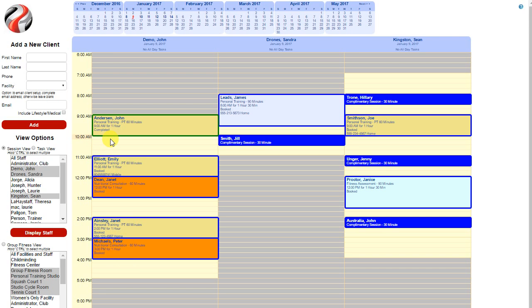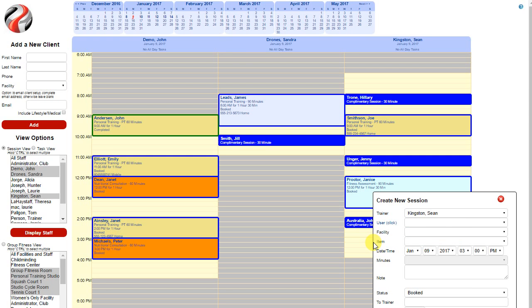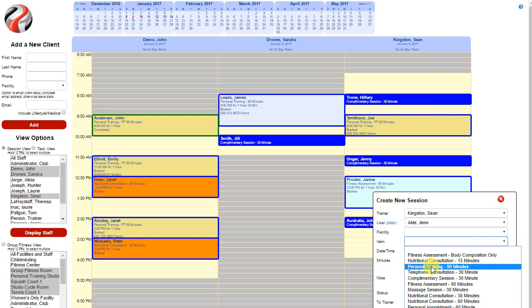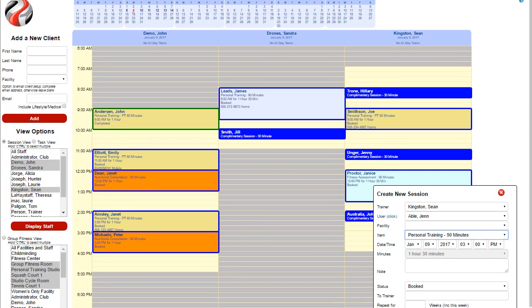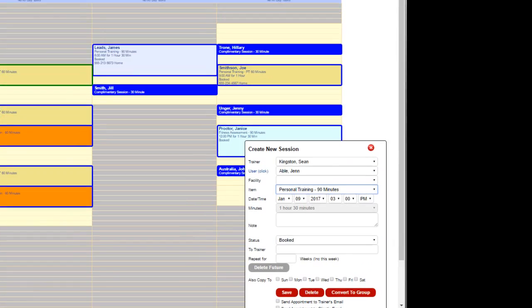to add a new session, you simply click on the time that you want to add it. So let's say we're adding a session at 3 p.m. for Sean. Click on that. You would then simply choose the user from the dropdown, the type of item or session that they're going to be completing, and then as you go, you can scroll down